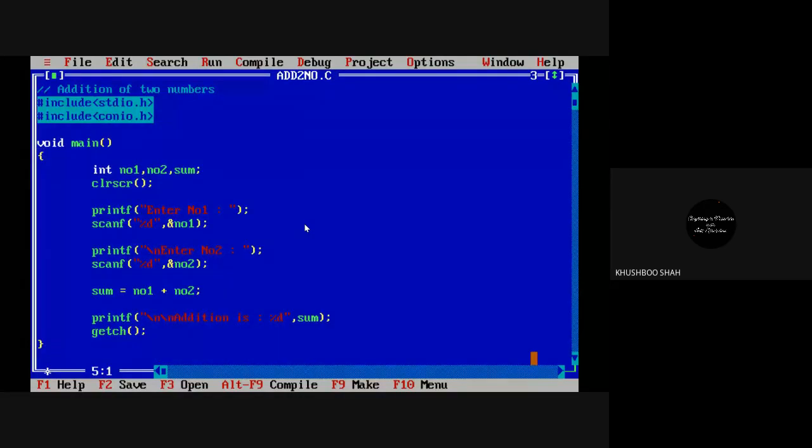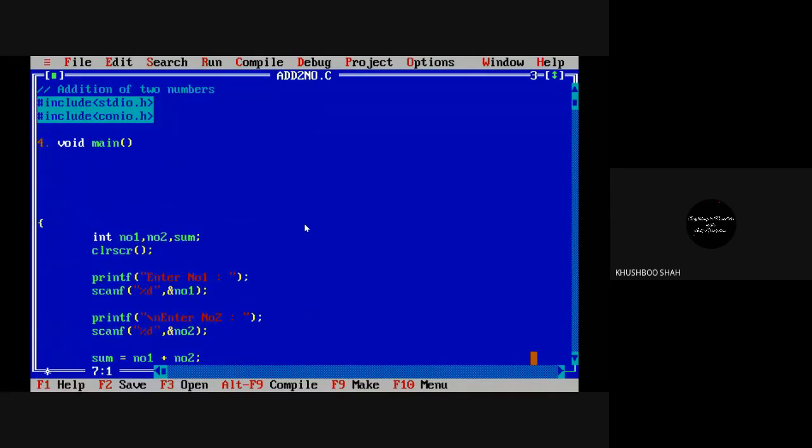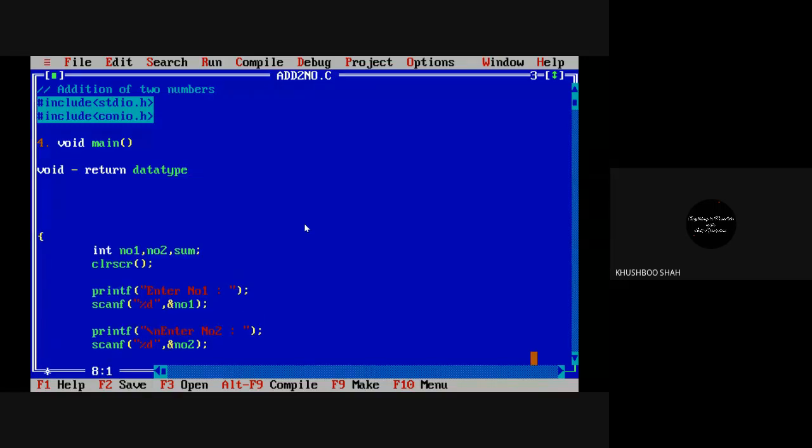Okay, so now you have the fourth line. Here, void. Void is a return data type. Don't worry guys, if you don't understand what is data type, just get familiar with the terms. Gradually you will learn and understand everything. The explanation of this program is only to make you familiar with all the new terms. Fine. So what is a return data type?